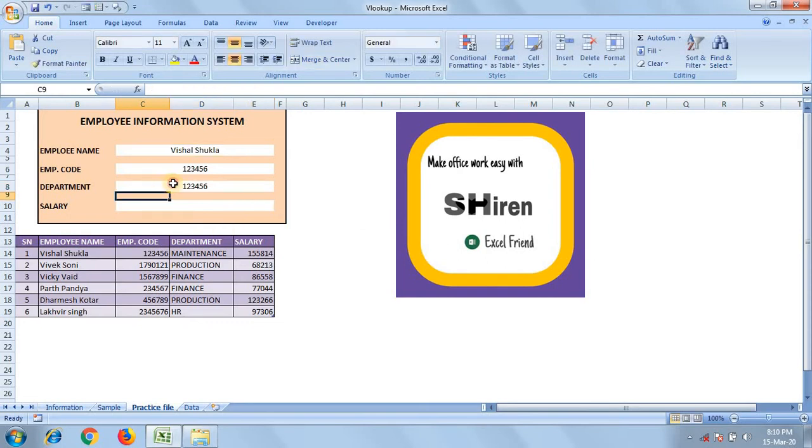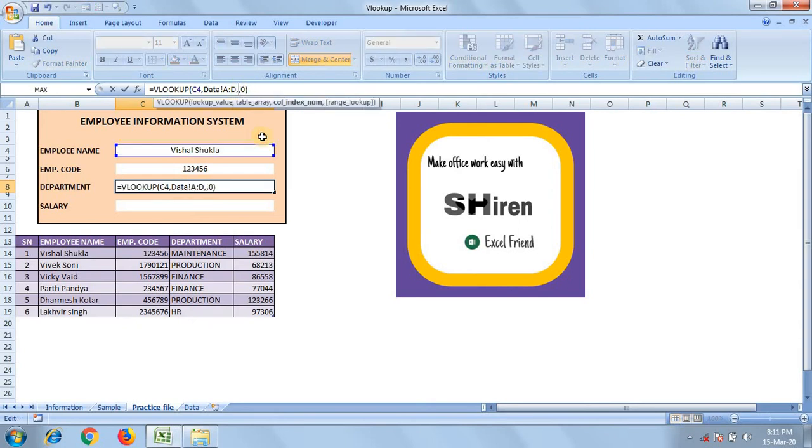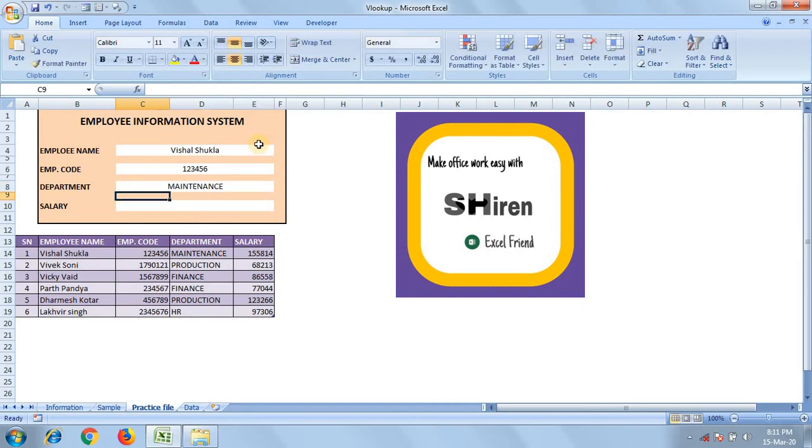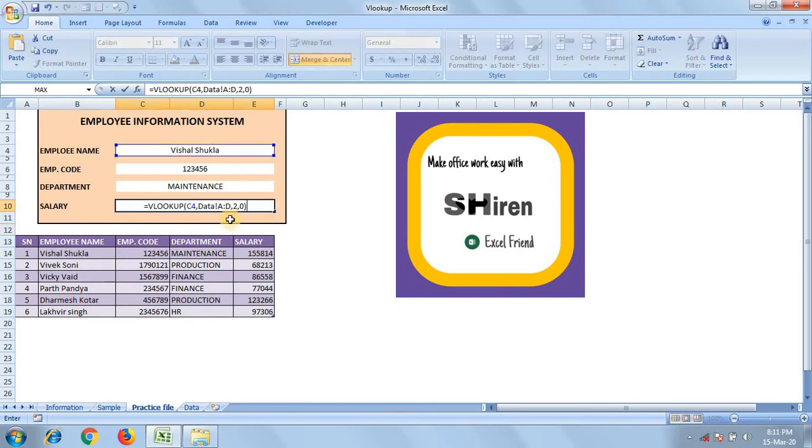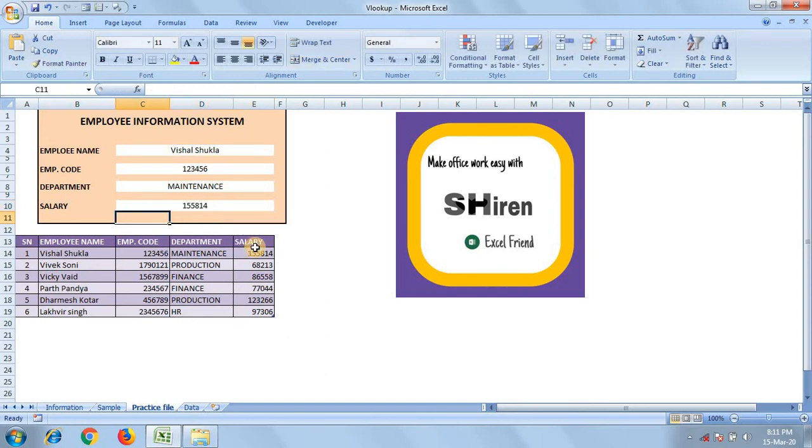Oh, you can see the department is similar because I forgot to change the column index number to 3, since the department data is available in column number 3. So it is now changed again. Our salary data is available in column index number 4. Now you can see the data is available.